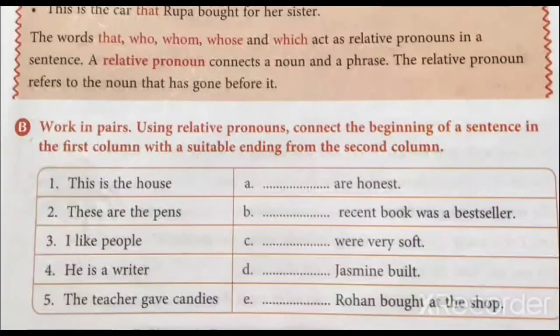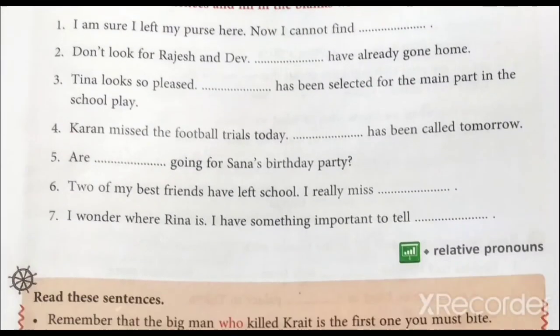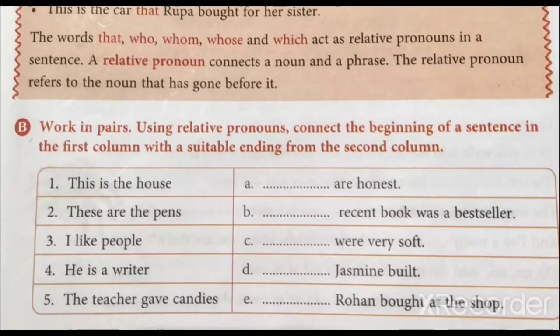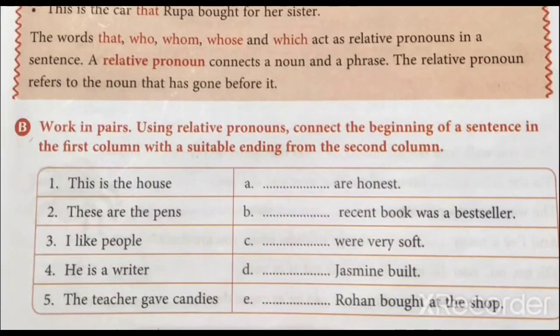So these 2 exercises, exercise A and exercise B, are the assignment and worksheet for you, children. Write it first in the textbook, take a snap and send it. If there is any mistake, I will correct it and change the wrong answers in your textbook afterwards. That's all from the exercise, children.